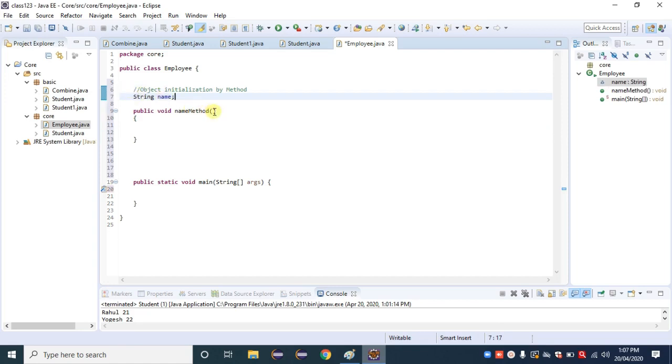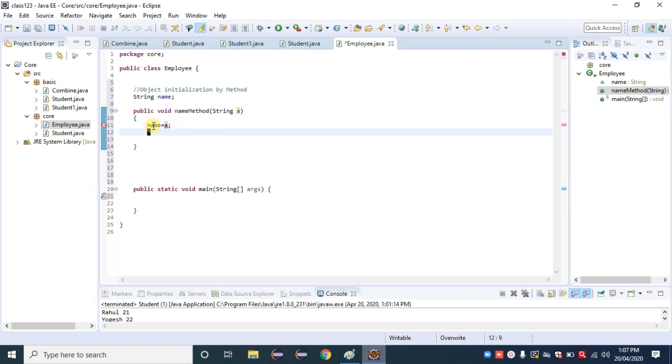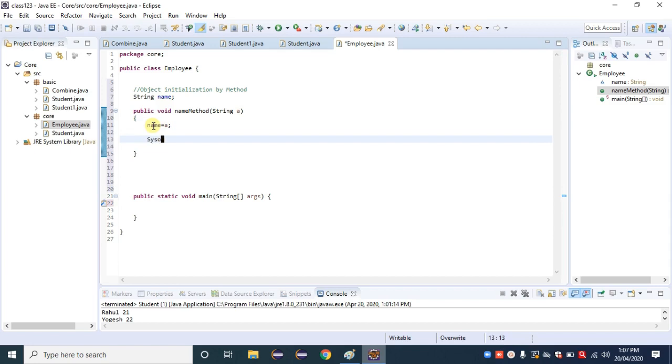The parameter is String a, in parentheses. Inside the method I am giving name is equal to a, and semicolon. Then I am giving a printing statement, SYSO, and inside that I am giving name, semicolon.